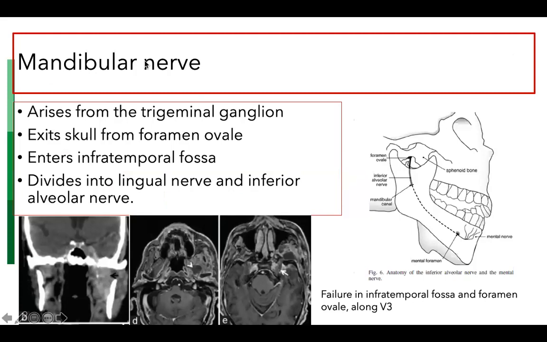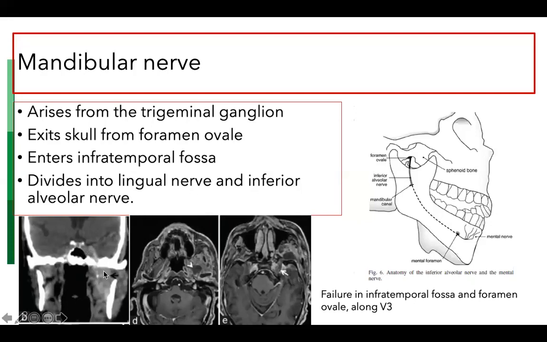Of course, we know that of the various buccoalveolar cancer subsites, which are buccal mucosa, gingivobuccal sulcus, alveolus, and retromolar trigone, the lower gingivobuccal sulcus is the most common site of disease. This is where we have to track and trace the mandibular nerve, especially if the mandible is involved. It arises from the trigeminal ganglion, exits from the foramen ovale into the infratemporal fossa, and then divides into the lingual and the inferior alveolar nerve.